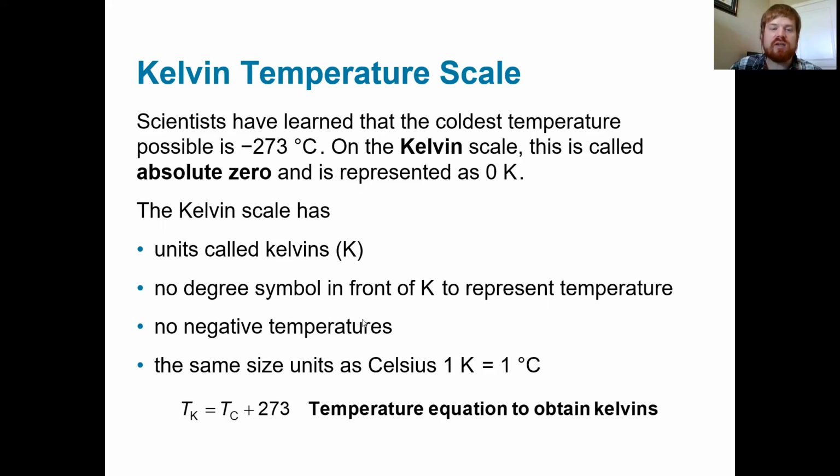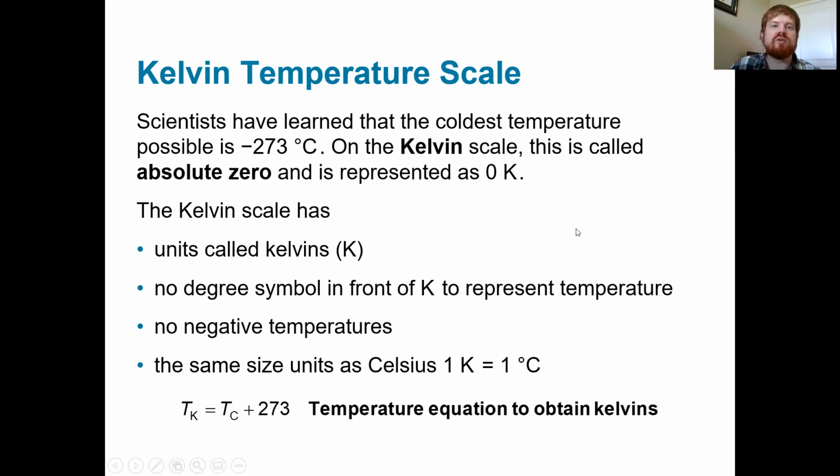The convenience here is that the units of Celsius are the same as the units of Kelvin. So 1 Kelvin equals 1 Celsius degree. And to convert from Celsius to Kelvin is very simple. You just take the Celsius temperature and add 273, and 273.15 if we need to do that in lab, just so you know. So it's a very easy conversion. And so again, this is why Celsius is what we're going to use in lab. And then Kelvin is what we'll use for some